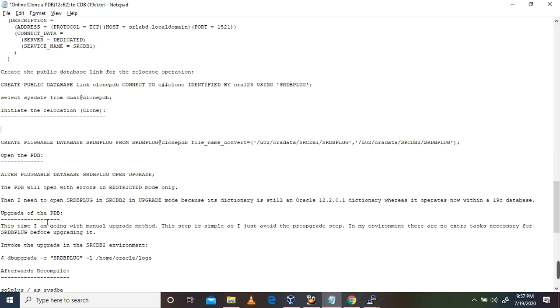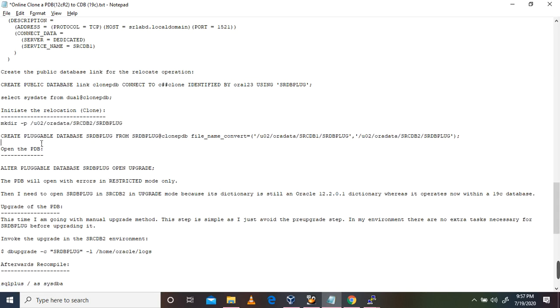Then we did until this point. Then we are going to clone now. We are going to create the pluggable database. Create pluggable database. It's a hot clone. The source side also it's running.